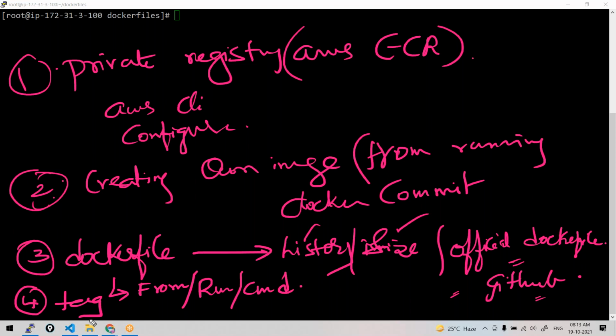First, get the concept of private registries clear. Then creating your own image with Docker commit is very simple: use some image, create a container, go inside, run some commands, and commit it. Then run the image to check if the configurations were saved. With a Dockerfile, we discussed file system layers stacking up. When you check the history, you get the size of your image as well, and how you make your images with minimal base images; we have listed the official Dockerfiles.